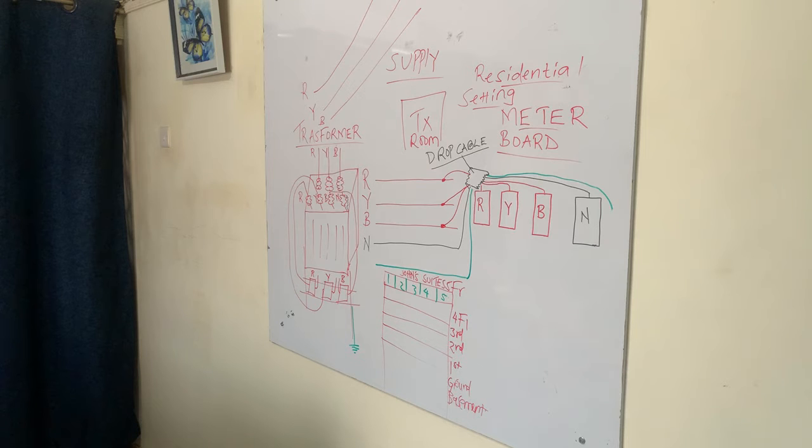establishment or an apartment. And we will touch more on that connectivity whereby you have the neutral not well connected, or the phase connections not well balanced, and that will bring a very big problem, especially to the drop cable. If you have not done a proper connection, you will find that if one phase is overloaded, or if one phase